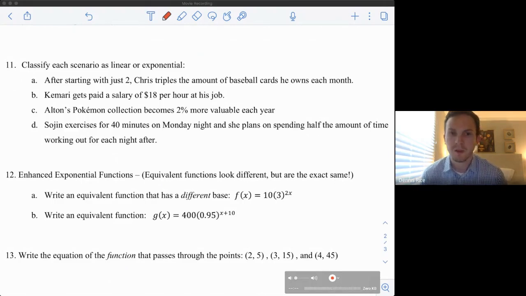Okay. Let's walk through 11 quick because this is a nice, easy one to talk about, and then we'll look at 12. 12 is that rewriting that we all hate. So with 11, how can you tell if something's linear or exponential? Linear is going to be something where we could tell it's a constant rate of change. Exponential, we're looking for more of like